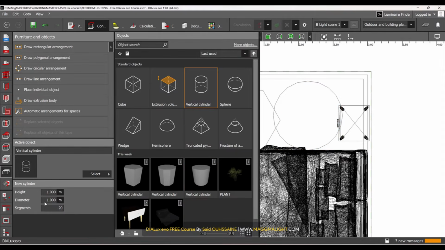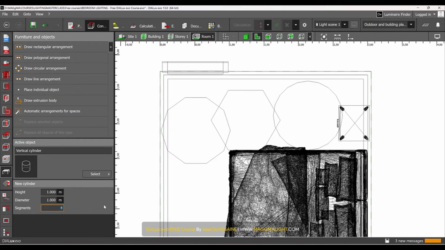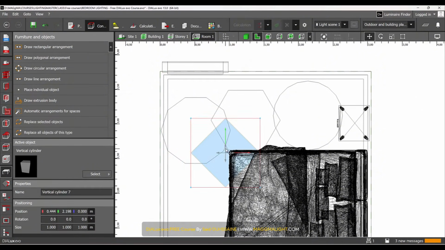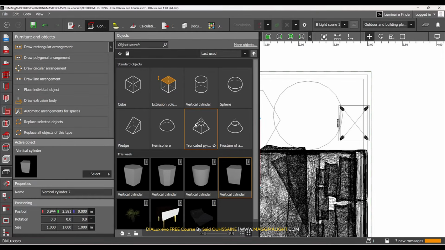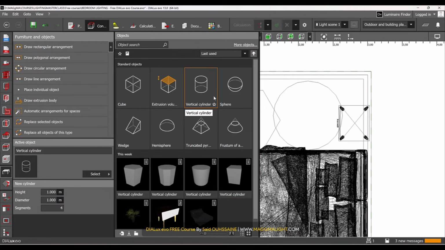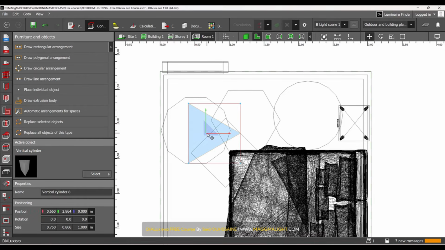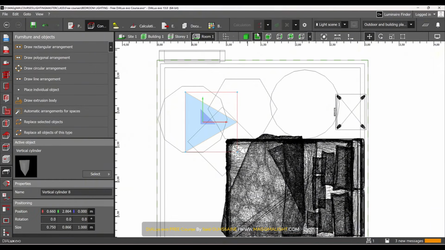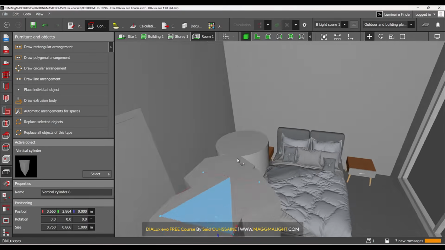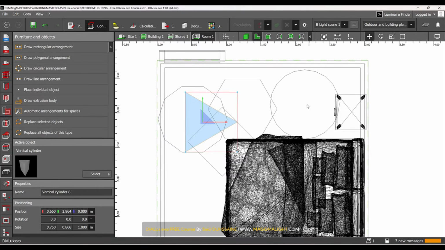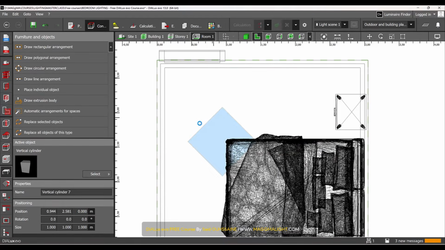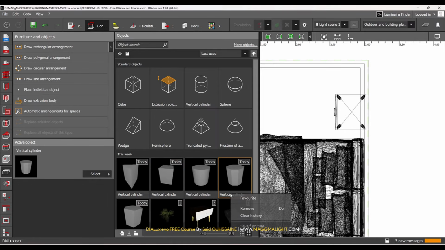Out of this cylinder, you can make a rectangle by inserting 4 segments, and it becomes this. We can even make kind of a pyramid by inserting 3 segments. It's like this. It's a triangle in 2D, but in 3D it's like this. But I will delete all these. I will clear the history,